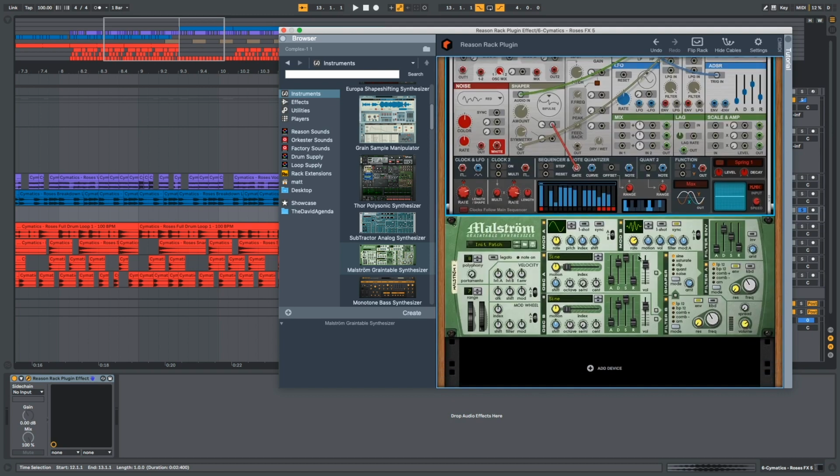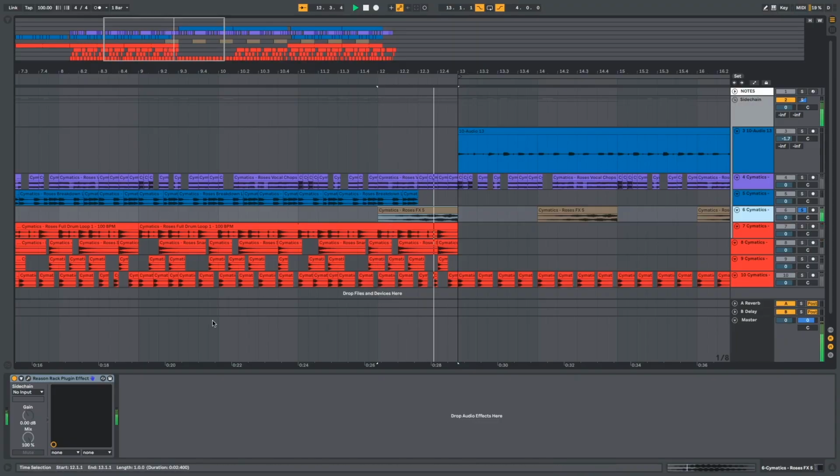Then I used, again, the filters and stuff on Maelstrom. I've actually really been enjoying using the filters and stuff on Maelstrom. That's probably one of my favorite of these secret effects. I think I'm definitely going to use that one again in the future. And so with it, it sounds like this. Without it,